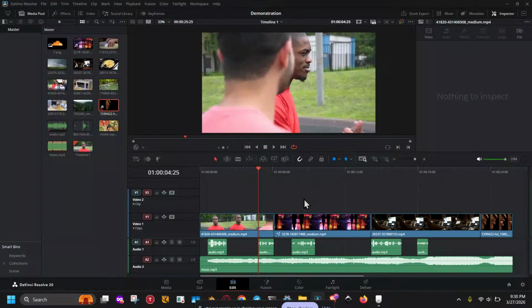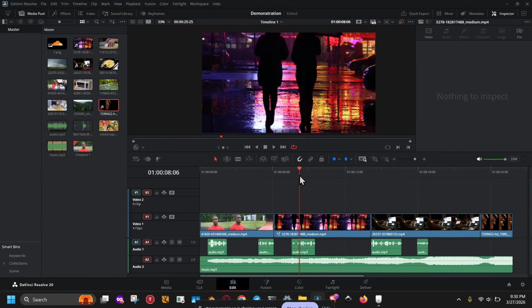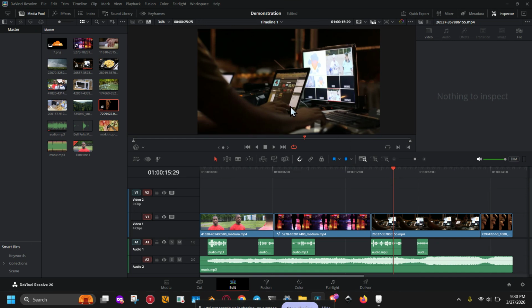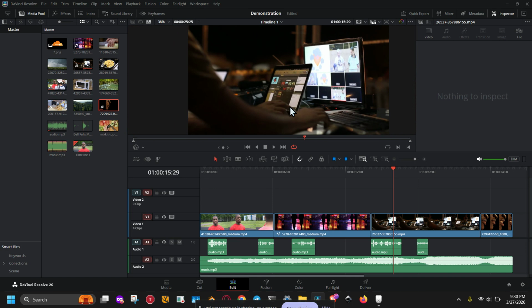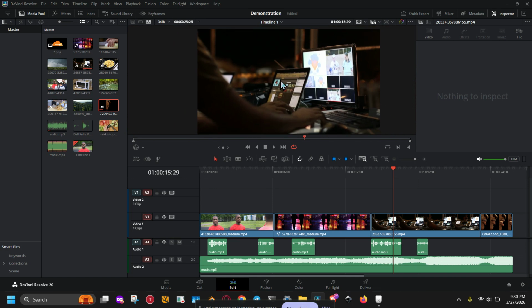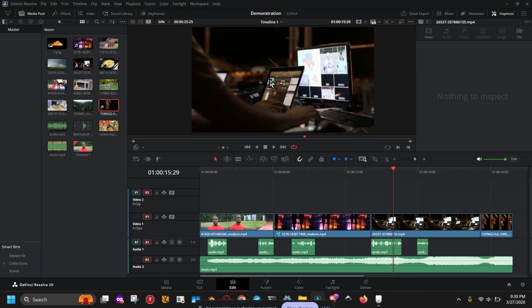If you want to capture a still image from your video in DaVinci Resolve 20, you're in the right place. In this quick tutorial, I'm going to show you the easiest way to grab a frame from your timeline, save it as an image, and export it to your computer in just a few steps. This is perfect if you want thumbnails, references, previews, or just a clean still from your edit without using any